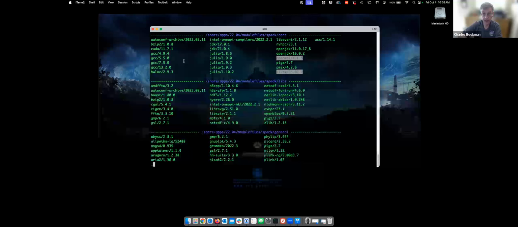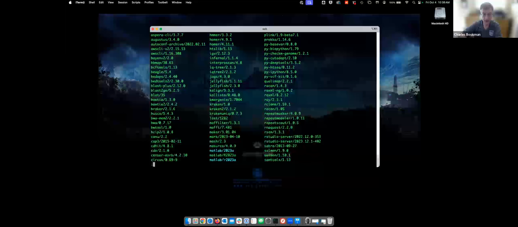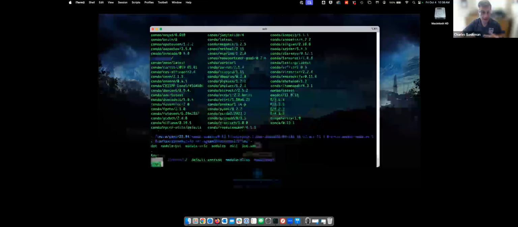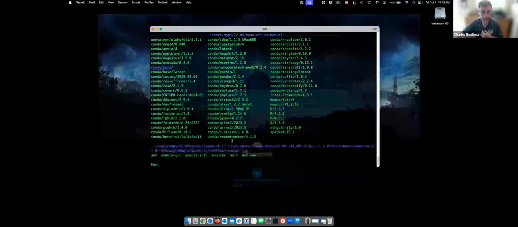So we mostly provision our applications with Spack. Here are all the modules available. So we have rclone, we have AWS CLI if you want to host some resources in AWS. We have Blat, we have Blast, we have BedOps, we have Jellyfish, we have Kraken, and admittedly, I have no idea what these are, but we do offer them. We have Conda, and